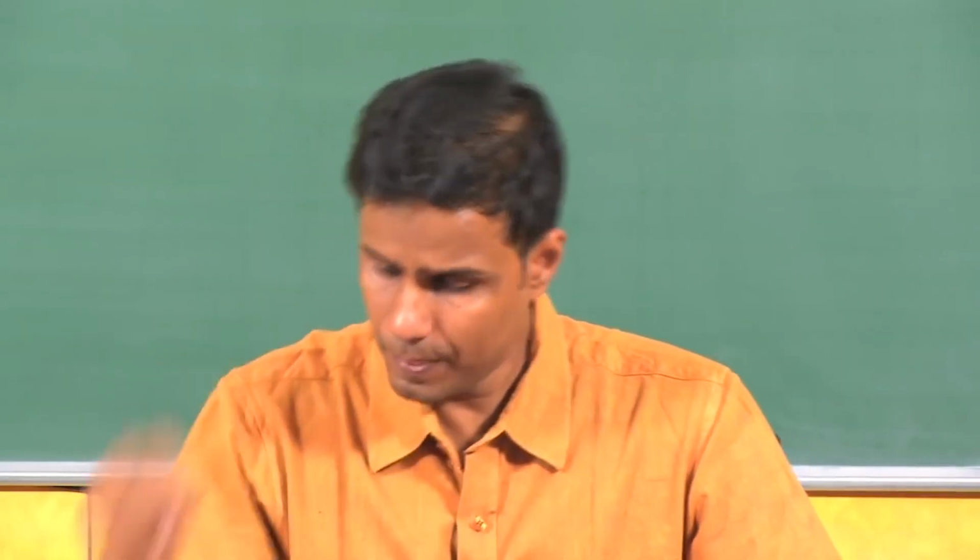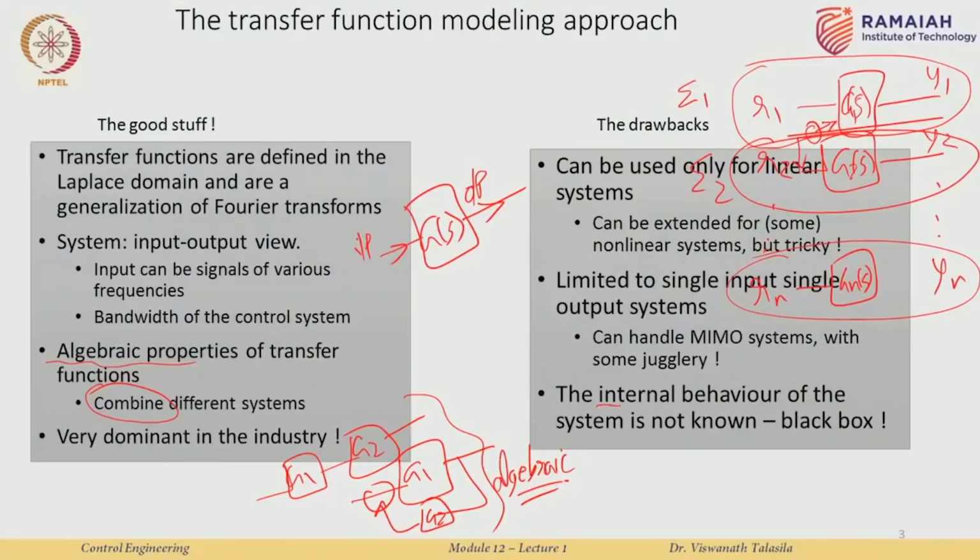The final drawback, which is actually very important, is that the internal behavior of a system is not known. Remember that we just said that a transfer function is typically an input output view of a system, right. So, you give a signal over here, you measure the output of the signal, and that is all you are really concerned about. So, the transfer function then would be